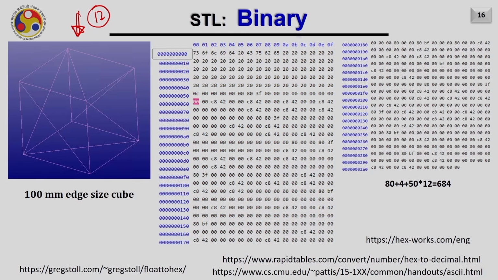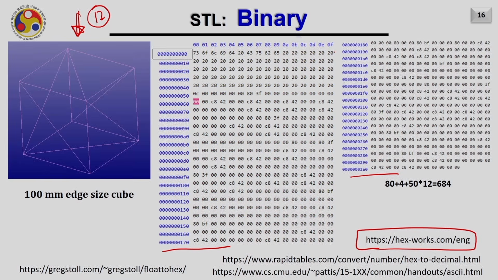Now, this is how a binary file looks. You can also look at a binary file by using this open source website. You go to this website and drop your binary file which is created by the CAD package, then you will see this type of data.